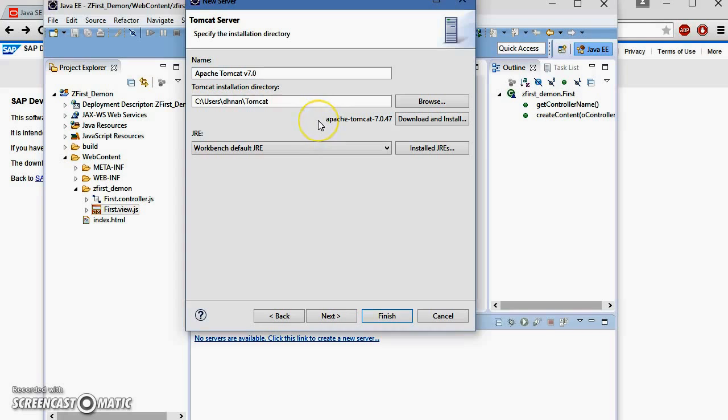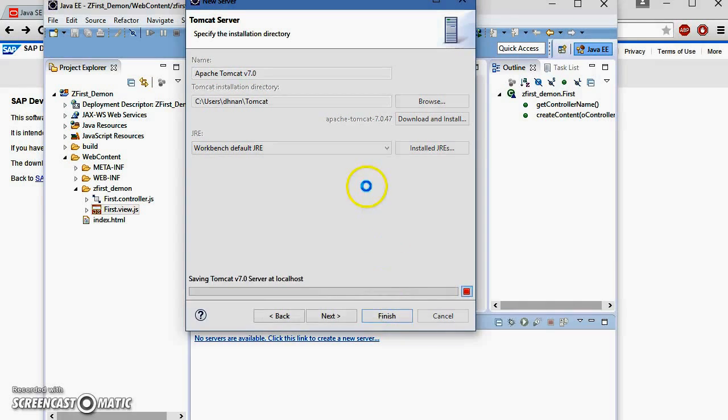So now the Apache Tomcat version 7 server has been installed, and the way you know that it has been installed is that this button gets activated. Before that it was inactive, and now you can see that it's activated and you can click it. Click finish.